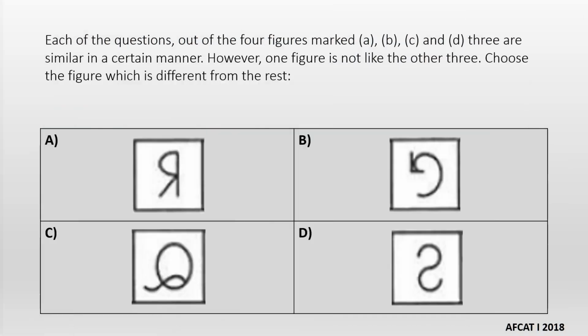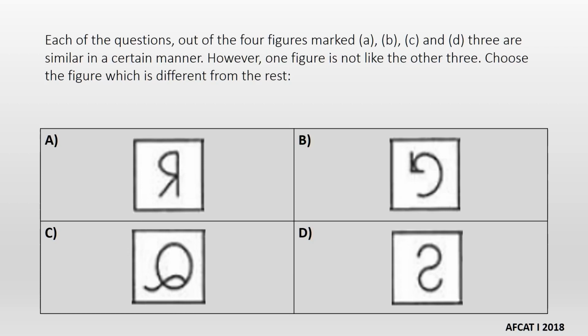Now comes another type of question, and these type of questions are also seen in OIR as well as FCAT examination. So we have to find one odd one out. Three of these are similar in certain way and one is not. So this is a bit complex one. You have to select one, which you will select.